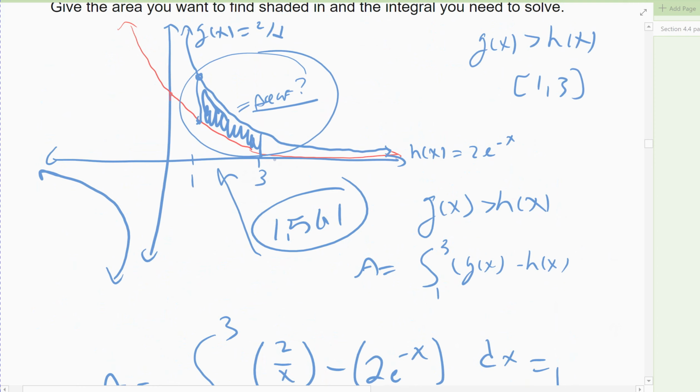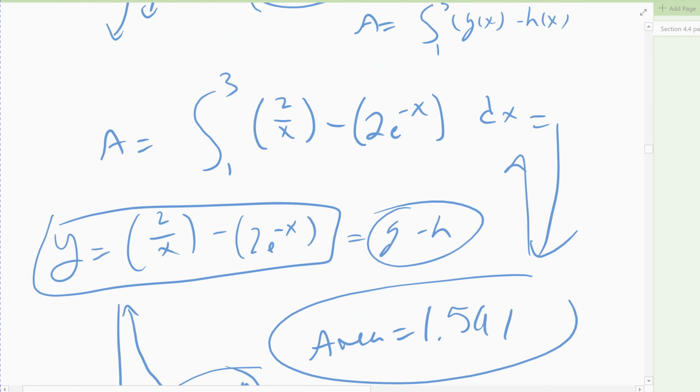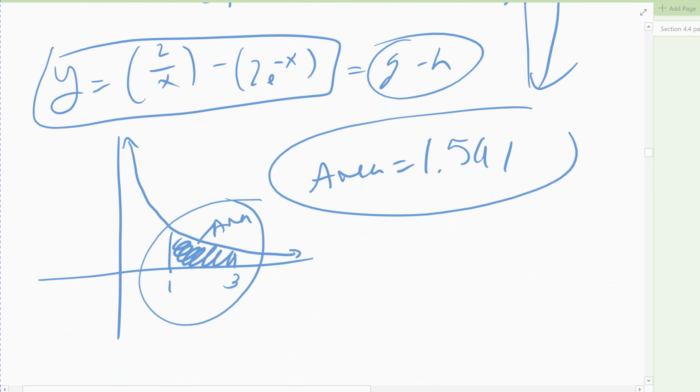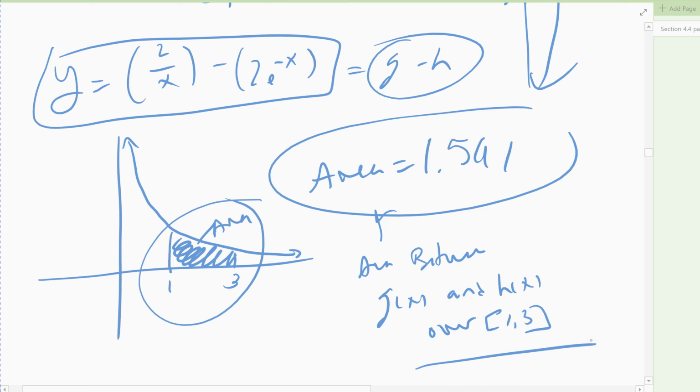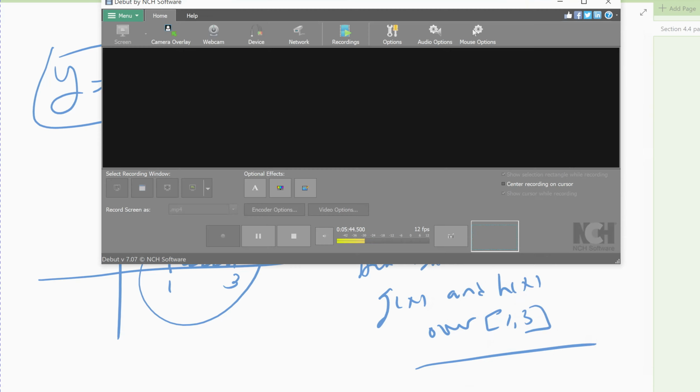So again, it's very unique. It's a very fun and interesting thing that happens. Alright. Again, it took a while to figure this out, way back when Sir Isaac Newton was doing this. But this is a very fun and interesting thing that has happened. So we know the area between G of x and H of x over the interval 1 to 3. Alright, we'll stop there. We'll pick up the next example in the next